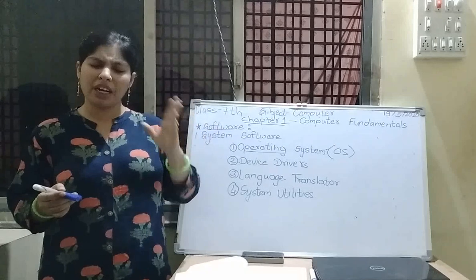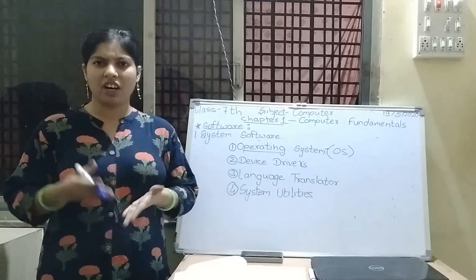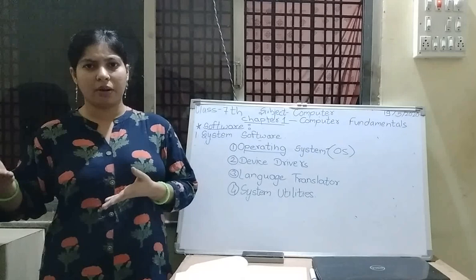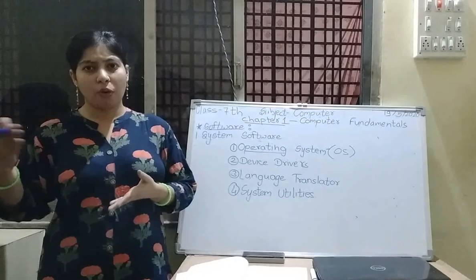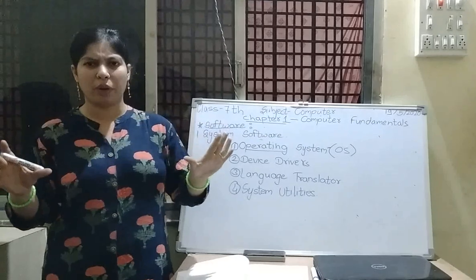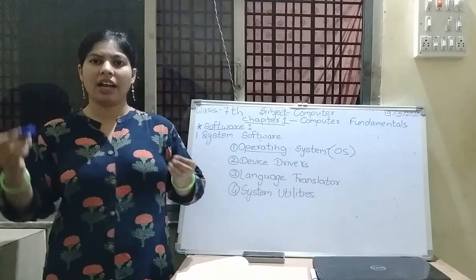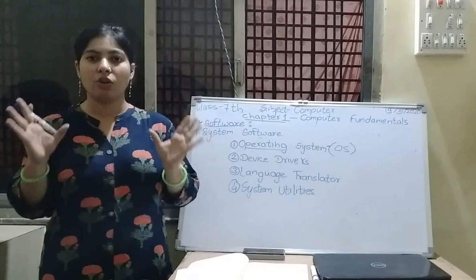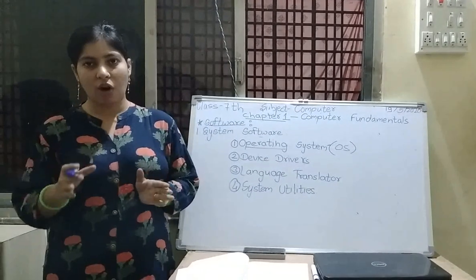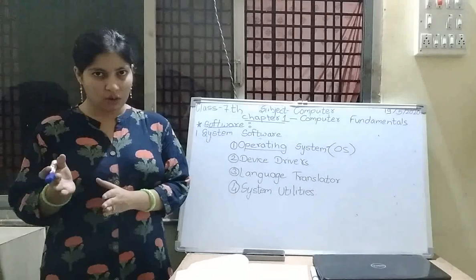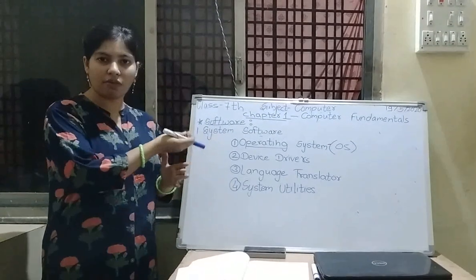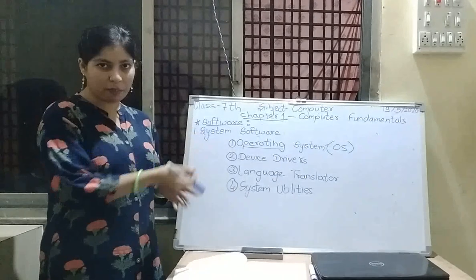Then there are many more operating systems like Linux, Unix, Macintosh, Ubuntu. So there are many forms of operating system, and from those the basic operating system that we are using on our computer is the Windows operating system, and it also comes in different versions. It is the main software required for running any program on our computer.